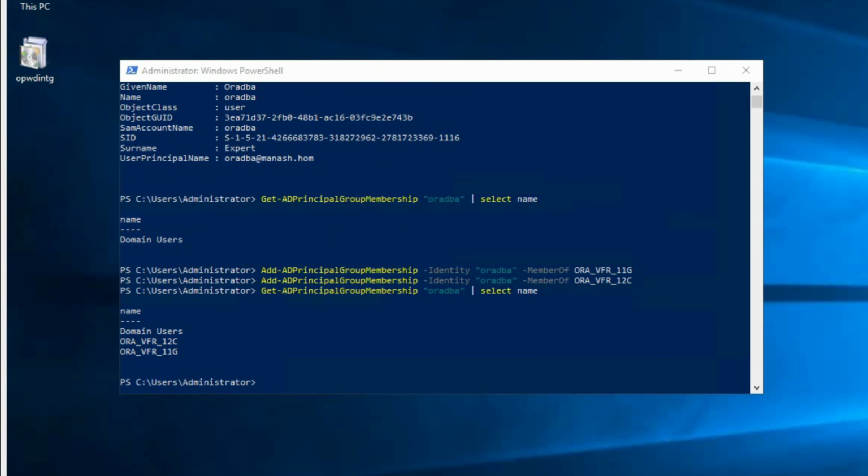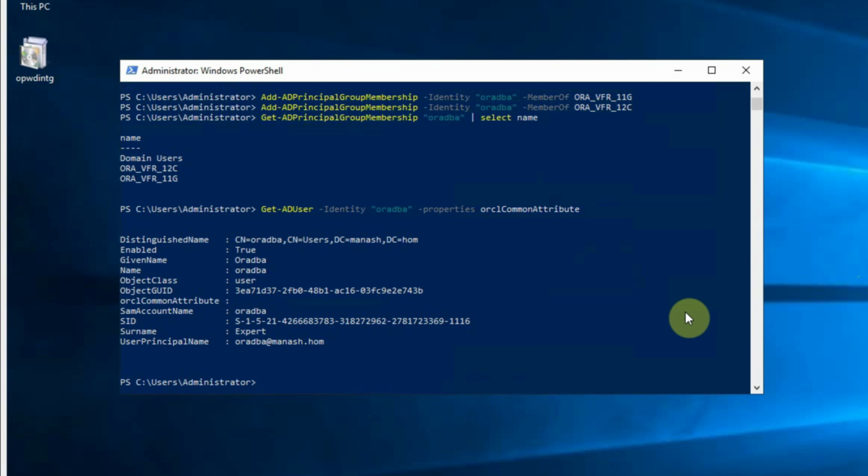Now let's display the user information one more time to make sure that the orclCommonAttribute property has been properly set for this user, which is very important for this AD authentication to happen for the database user. So I am going to use this command, Get-ADUser -Identity auradba -Properties orclCommonAttribute. And we see that actually the orclCommonAttribute is blank here, which is not yet set. So I am going to